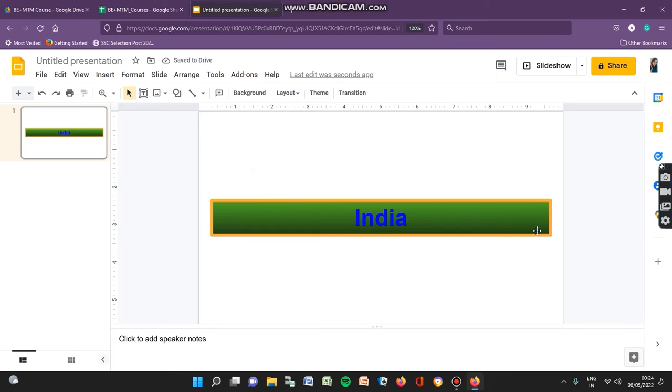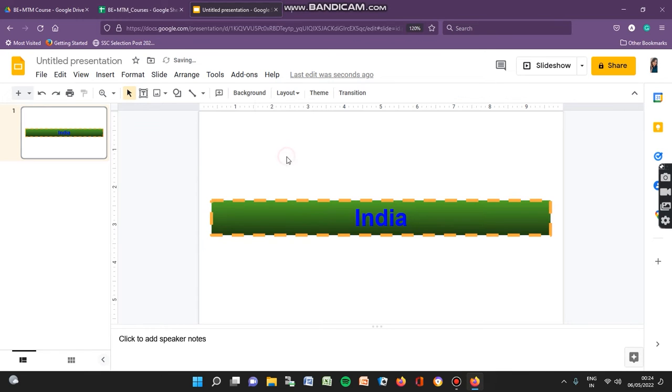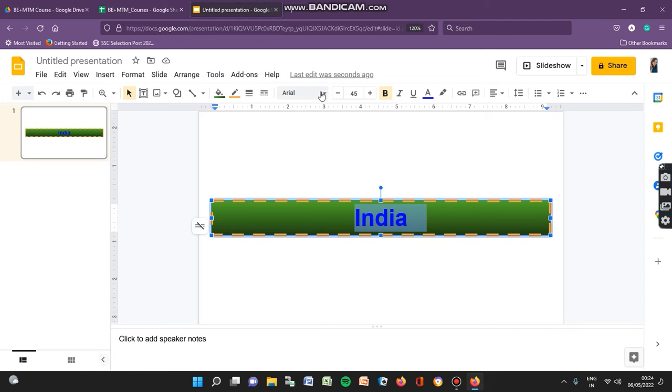This is how you can change it. These options help you customize this block, or box, we can say. If you want to give dotted lines, then see, your boundary is in a dotted line. And if you want to change the font style, here is your font style option. Just click on it and select